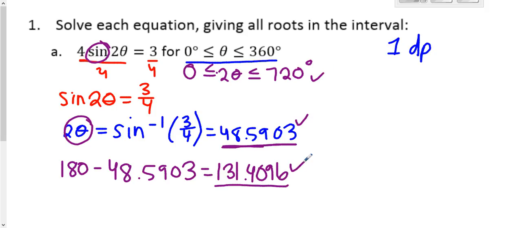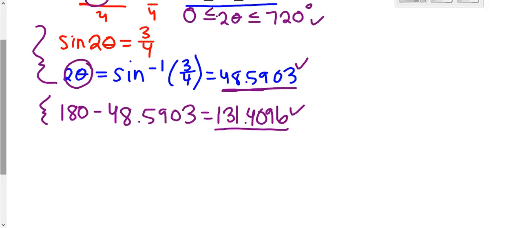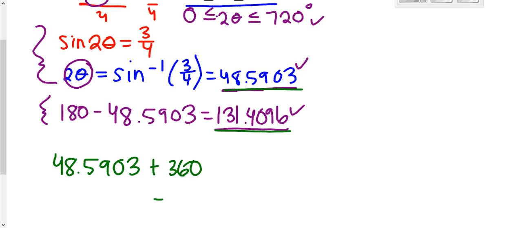Now those are our first 2 things to do. Find our first solution and our second solution. But from there, we might have more solutions. How we do that is we take these 2 answers and we add and subtract 360 until we run outside of our interval, because that will give us coterminal answers that end in the same spot. So they give us the same answer, but they have a different angle measurement. So what we do is add 360 and subtract 360